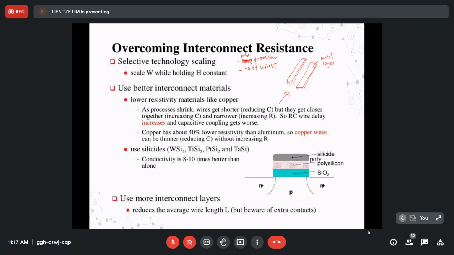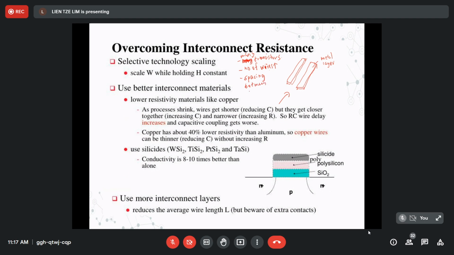When the number of wires increases, the distance between wires, or I should say the spacing instead of distance, this is the spacing